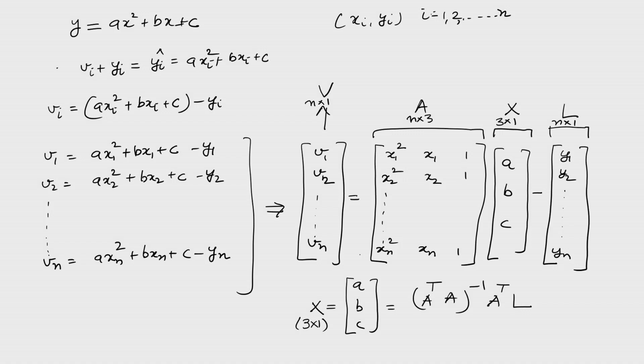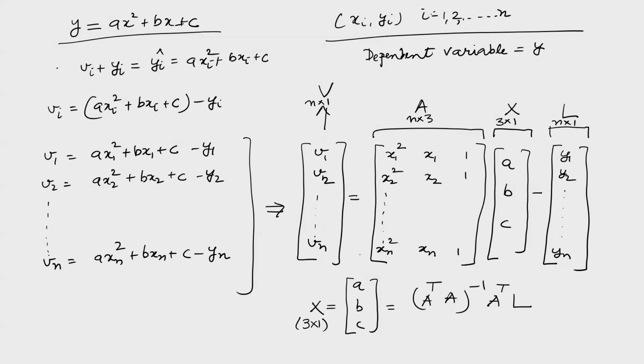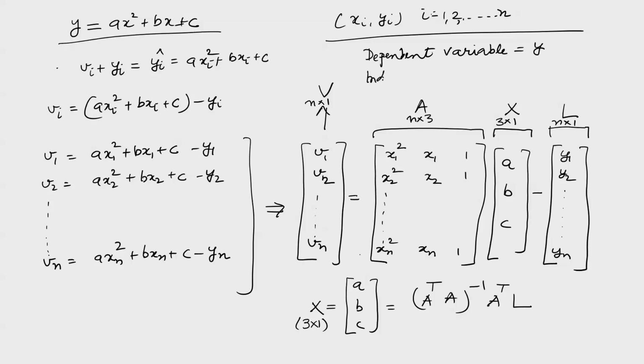So, let us try to find mathematically what we have done in generic terms, and now I will introduce a few terms. In this slide, y is the dependent variable. Because y is dependent on x. The moment I give the input value x to some function f(x), I get the y value. y is equal to mx plus c in the case of the linear example or the line fitting example. Okay, x is the independent variable.